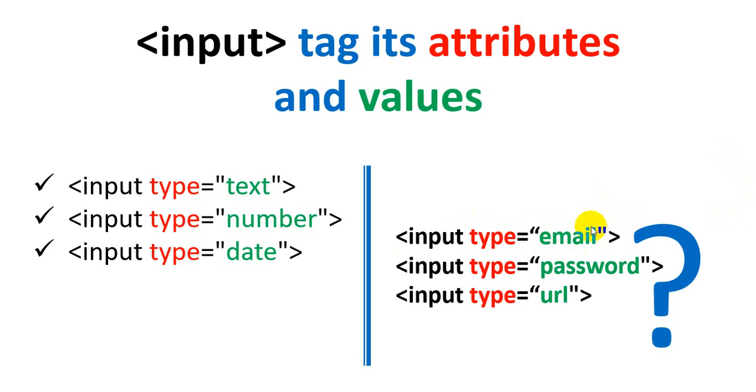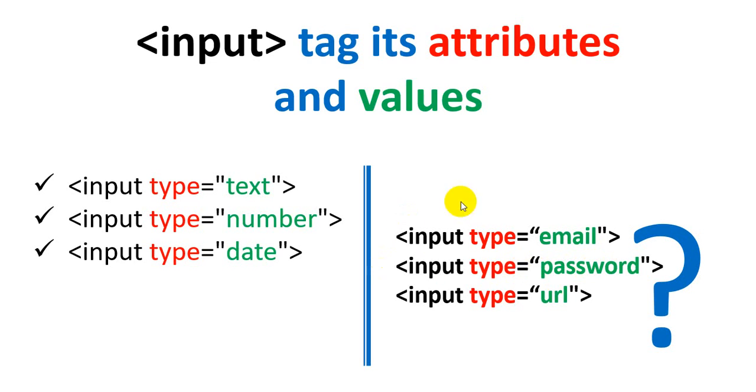So before HTML5 we had to write certain codes or certain validation inside the HTML by using JavaScript, but HTML5 provides a facility by which we can directly enter input type equal to email without any JavaScript code. In the same way, input type equal to password, we will learn what is the input type equal to password. Sometimes we have to insert password. As we know, password must be in a secure form or it's a private form. No one can see your password.